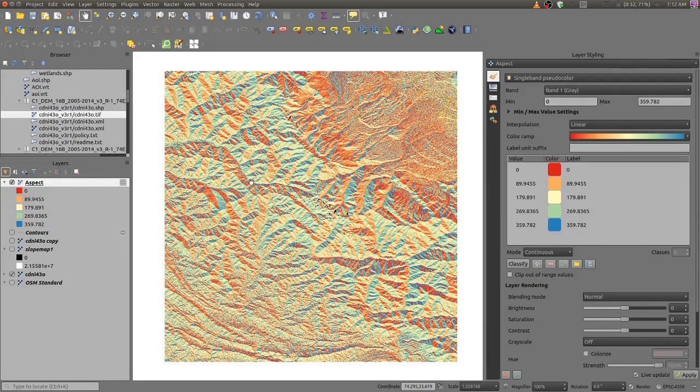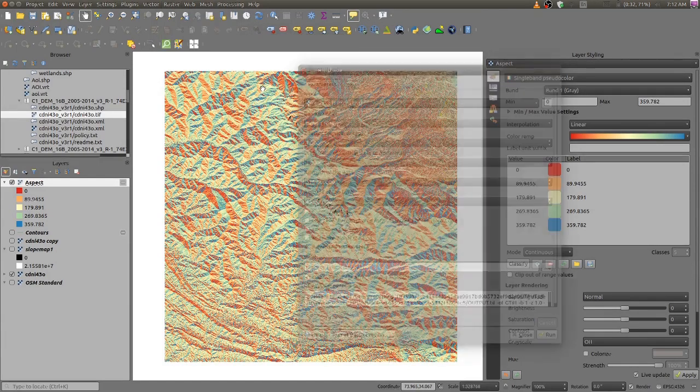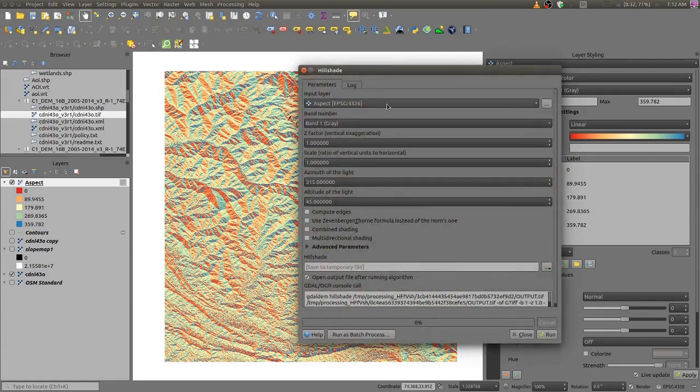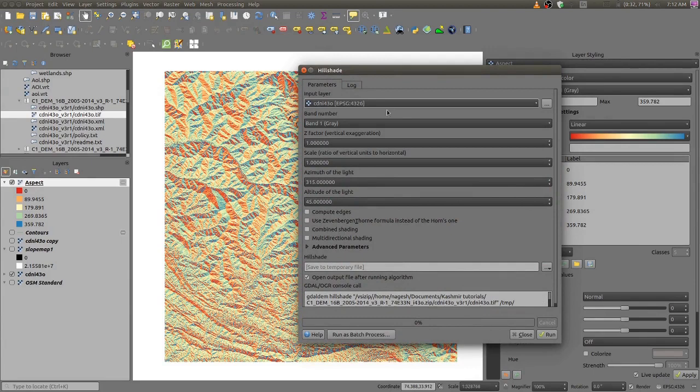Okay, now our next product will be a hillshade map. Go to analysis, click hillshade, and here also our input will be the raw imagery, and here you can increase the Z factor as a vertical exaggeration.